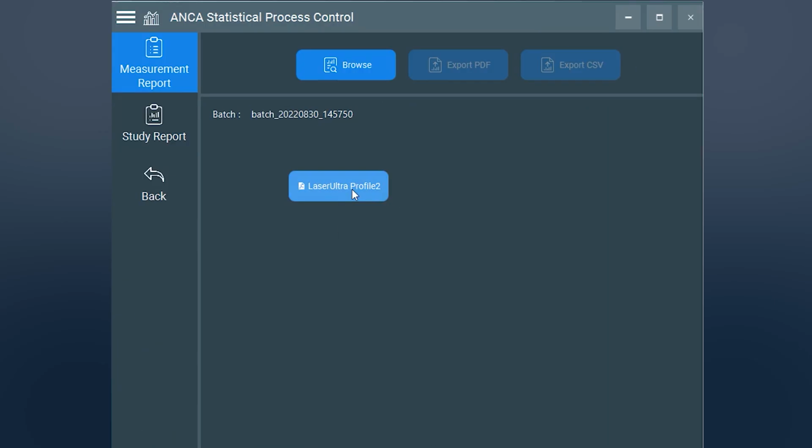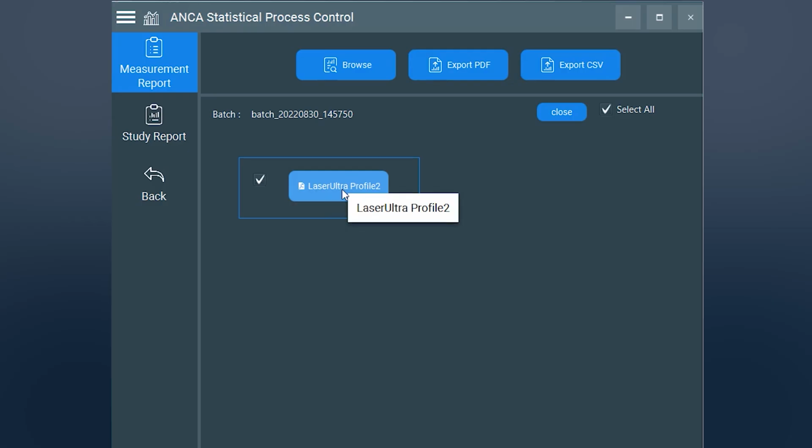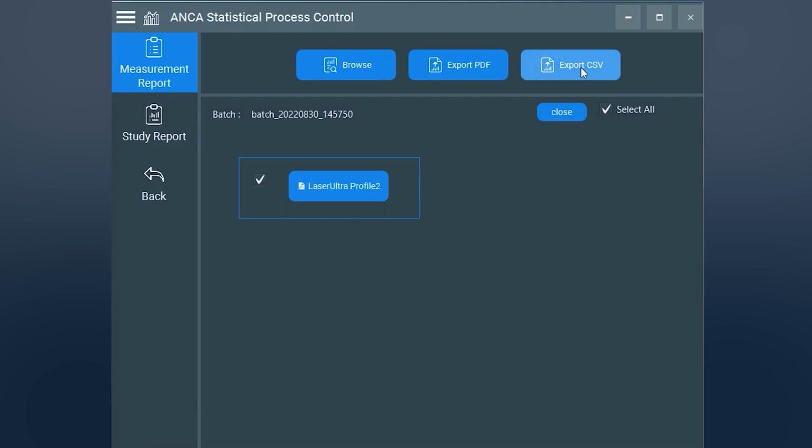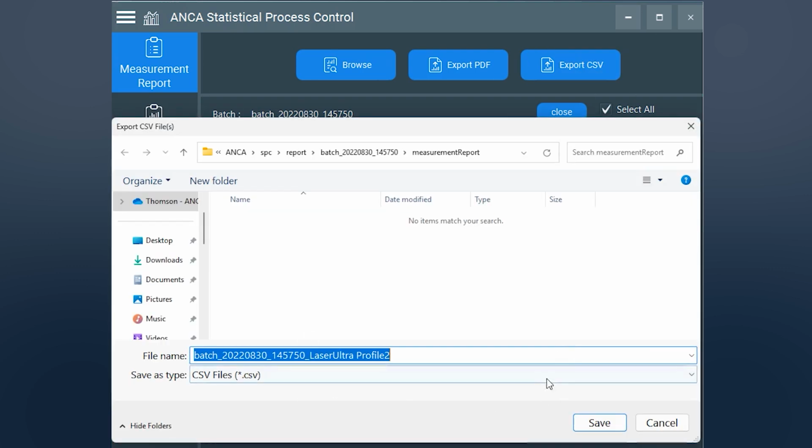So if you want to view the report for this and export that, once you pause the mouse on the historic data for a few seconds, you get to see the export PDF and export CSV. So you can export this into a PDF and see all the functionalities like the CP, CPK, the mean, all the calculations. And also you can export this into a CSV and then generate your own reports.